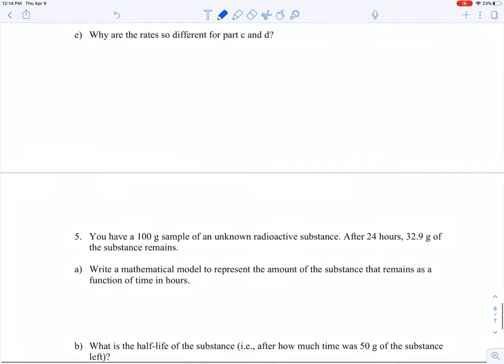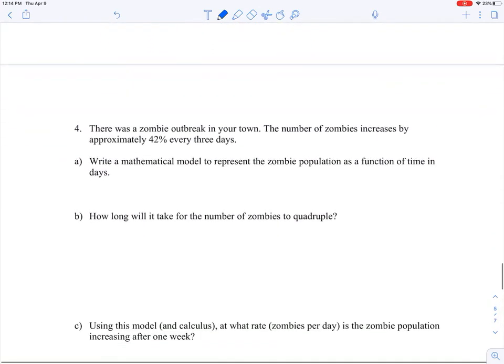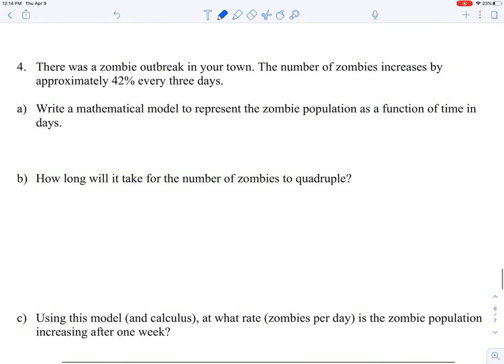Okay, so let's see. Do I want to do these? All right, so number 4. There was a zombie outbreak in your town. The number of zombies increases by 42% every 3 days. So I'm going to use Z for number of zombies, or my zombie population. Let's assume it starts with 1. And the population is increasing 42%